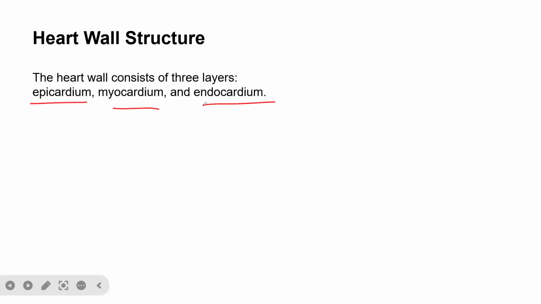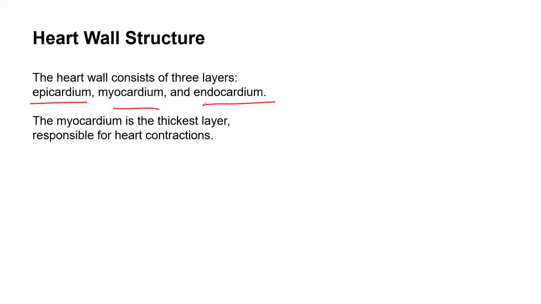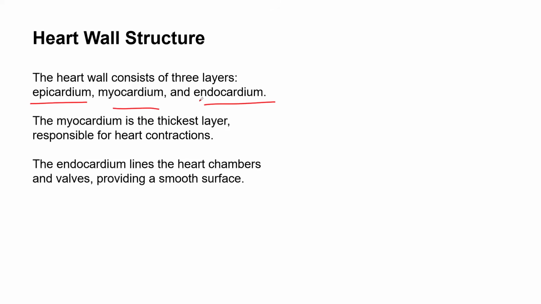The myocardium is the thickest layer, responsible for heart contractions. So the myocardium is the thickest layer found in the heart wall and is responsible for the contractions of the heart. And then the next one is the endocardium,